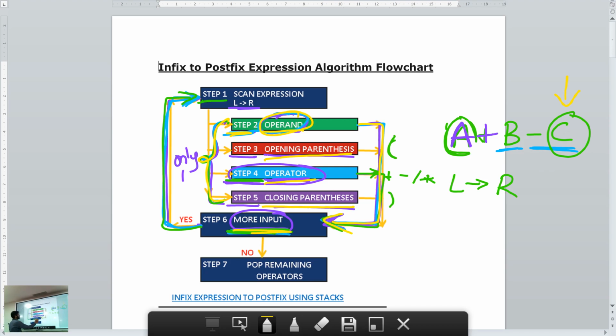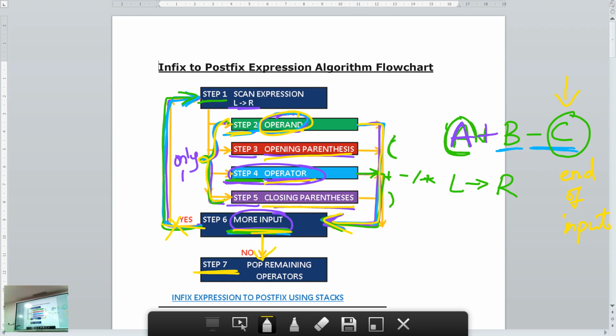Now I check if there is more input. No, I have reached the end of the input. So I do not go back; there is no more input. So I come here and I apply step 7.